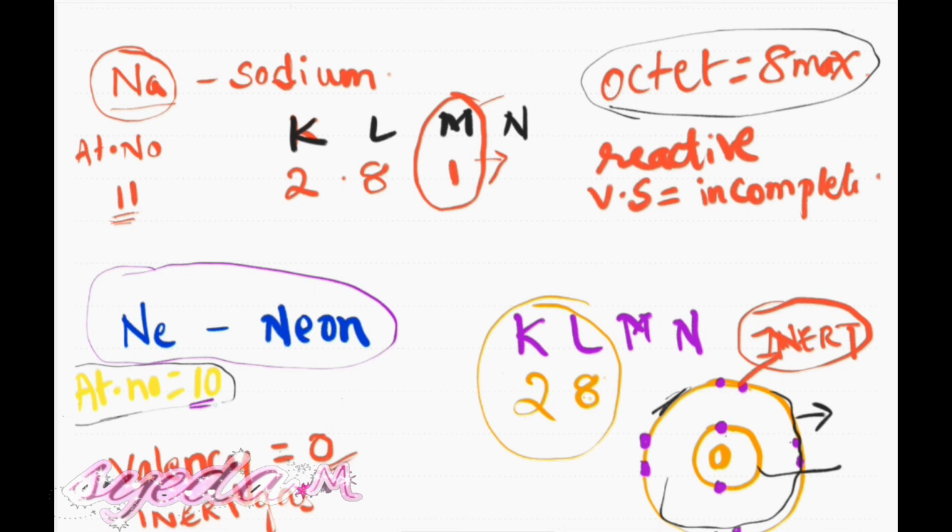Just like if you have a role model, if you like someone, you try to dress the way they dress, speak the way they speak, even eat what they eat. Everything you try to follow because you are taking them as a role model. Similarly, all these elements which have an atomic number nearing 10 are going to follow this neon noble gas, and they are going to try to complete this octet state.